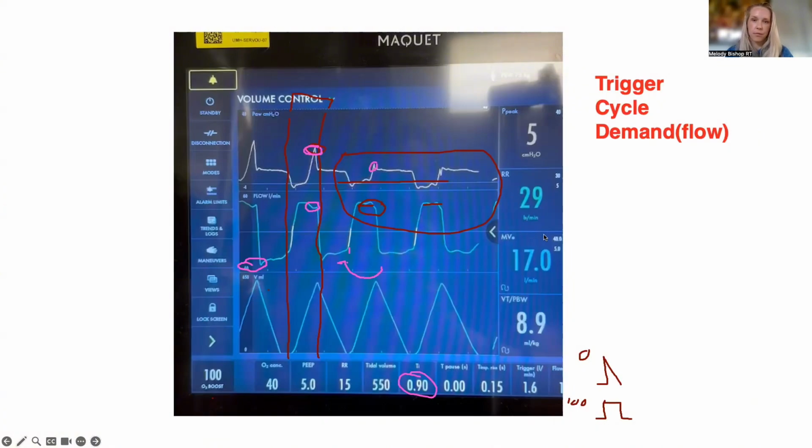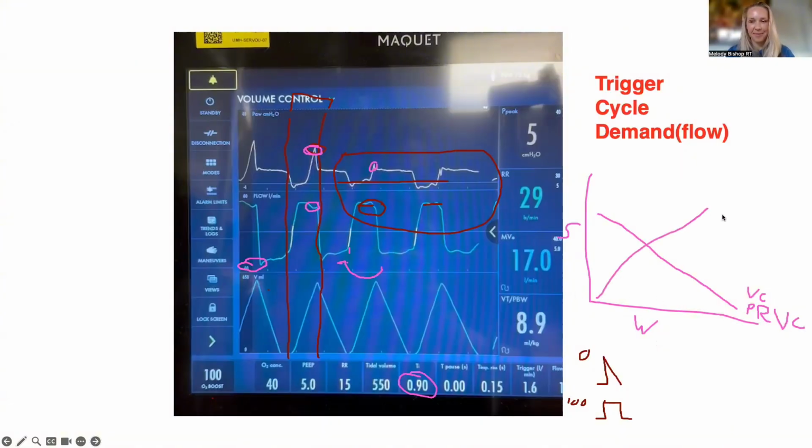As you mentioned, if you give them a little bit of fixed support, and you know this, Melody, I'm sure, but just like in the textbooks: if this is support and this is work, the support goes down as you work more. That's things like VC, our favorite PRVC. So the more you work, the more support goes down. And don't make fun of me because I can't use the mouse. The reverse of that is things like PAV and NAVA.